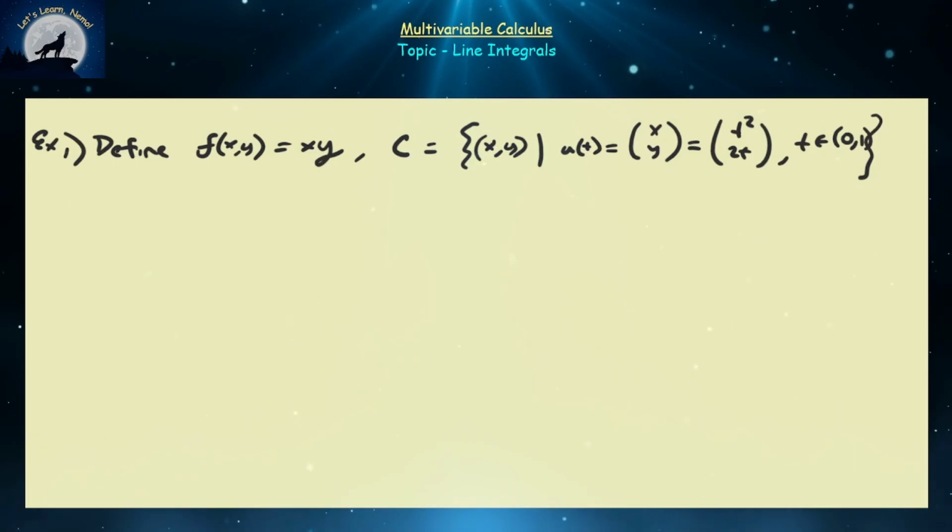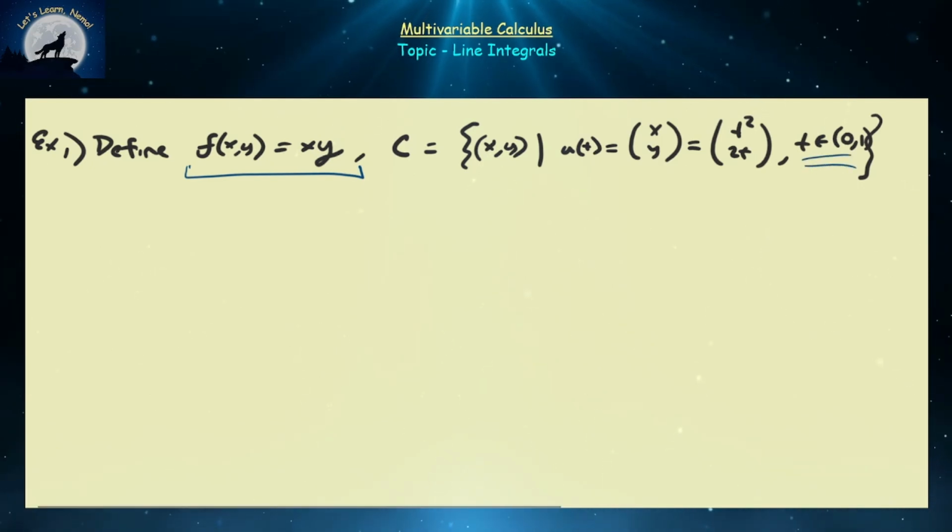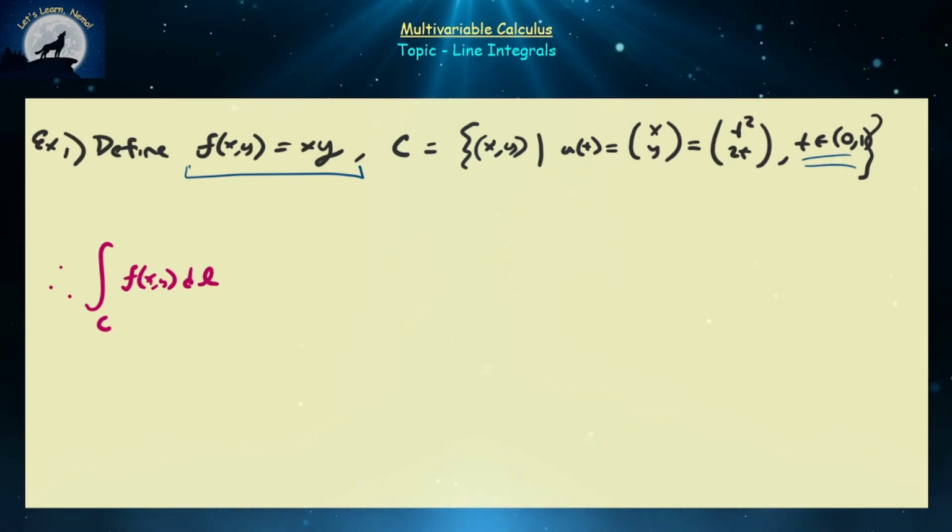Let's assume that we want to integrate the function f(x,y) = xy along the path C traversed by (t², 2t), where t ranges from 0 to 1. So how would we calculate this particular line integral? The integral along C of this function f(x,y) dl will be equal to